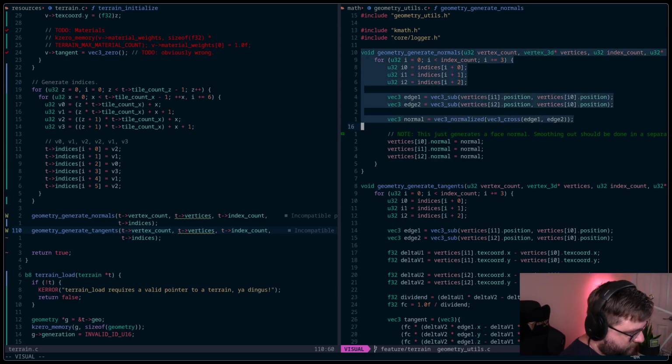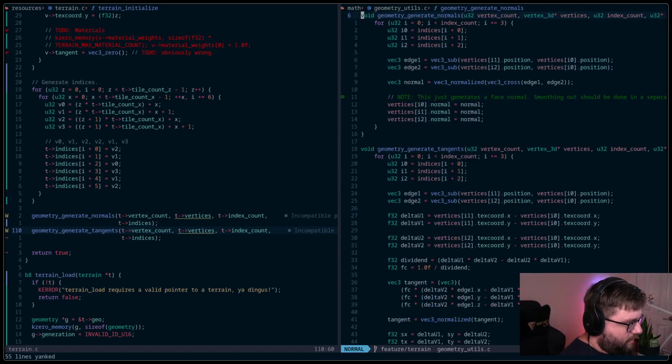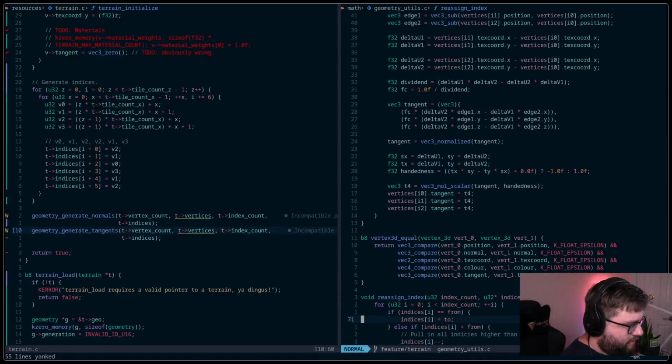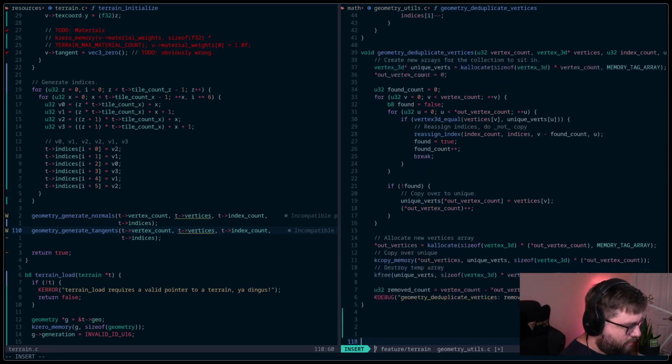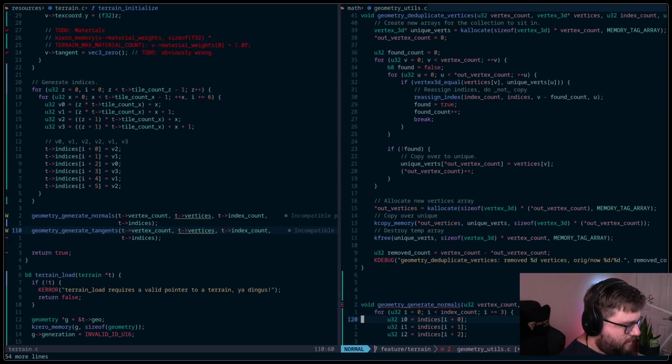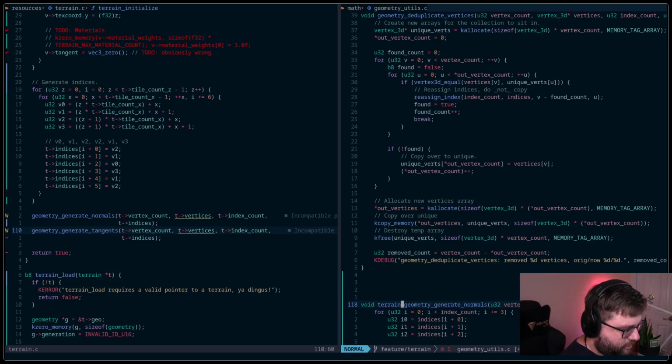For now, I'm just going to duplicate it. But I am going to put a to-do so that I don't lose track of it. So let's see. You know what? I'm going to go all the way to the end, actually, and put it down here. And I'm going to say terrain geometry generate normals, which means I'm going to need